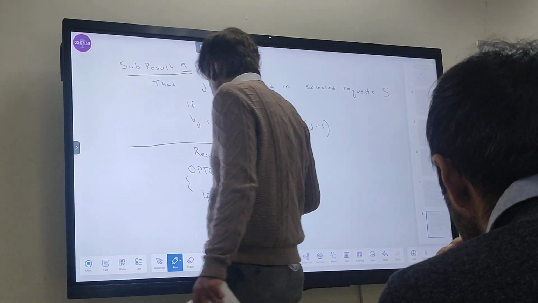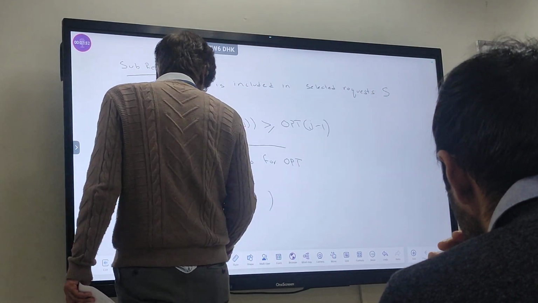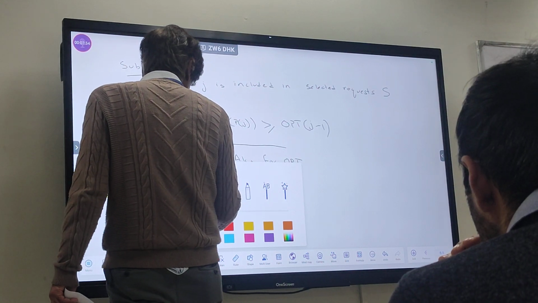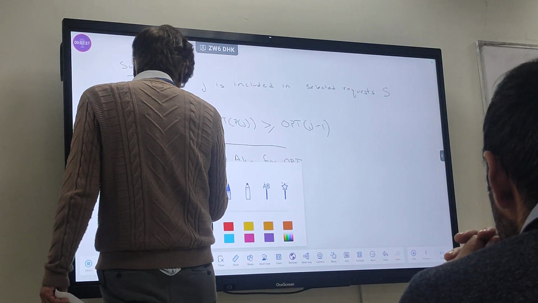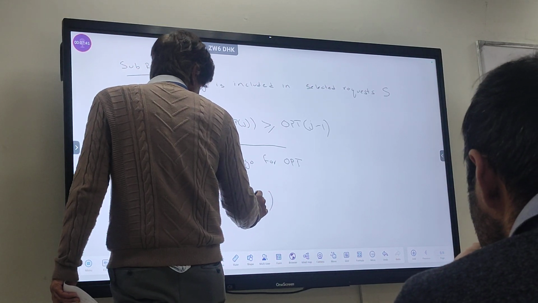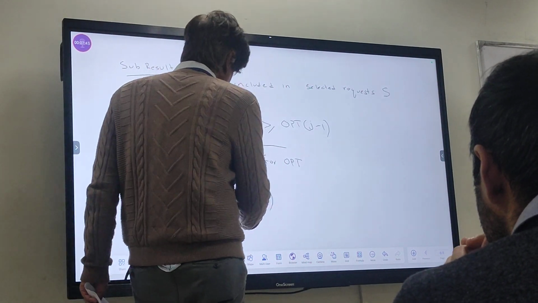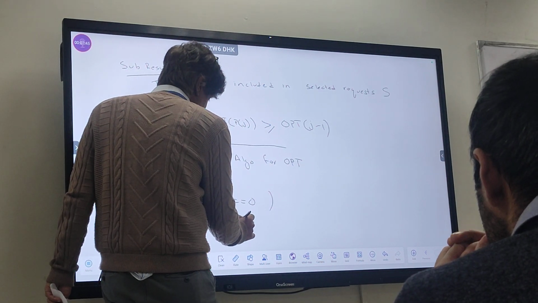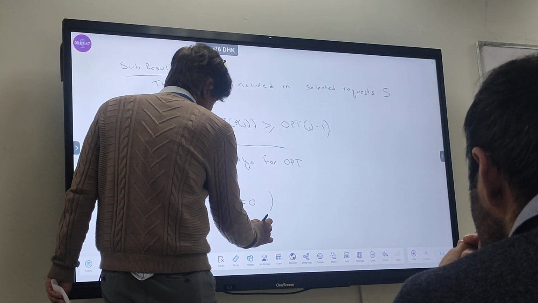If there is no request, the total value returned will be 0.